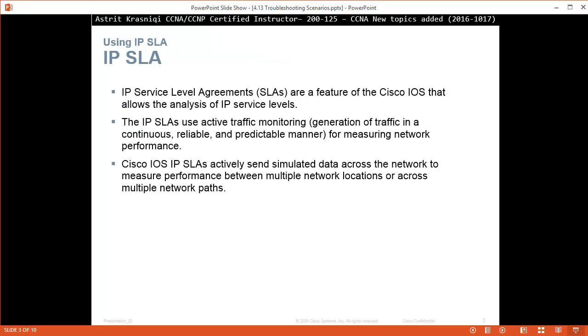IP SLA, or Service Level Agreement, are features of the Cisco IOS that allow the analysis of IP service levels. The IP SLA uses active traffic monitoring, generation of traffic in a continuous, reliable and predictable manner for measuring network performance. A Cisco IOS IP SLA actively sends simulated data across the network to measure performance between multiple network locations or across